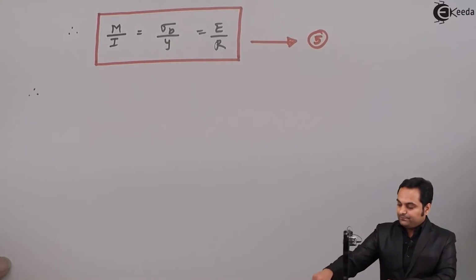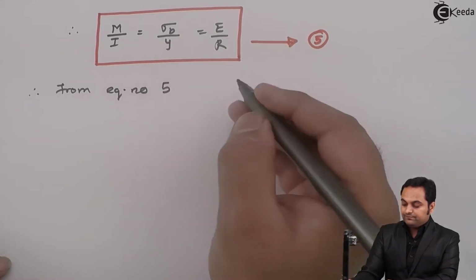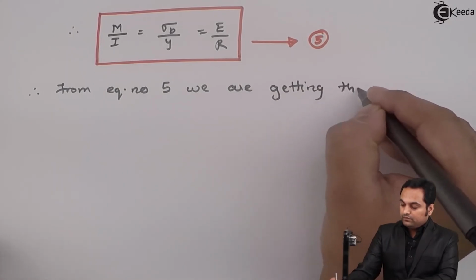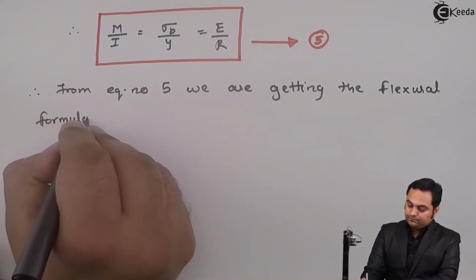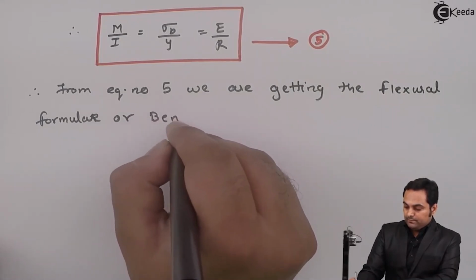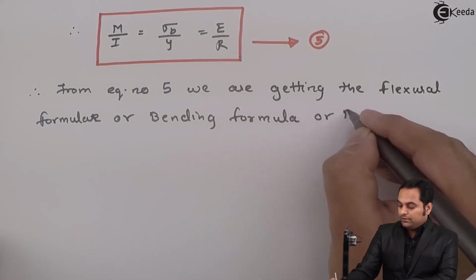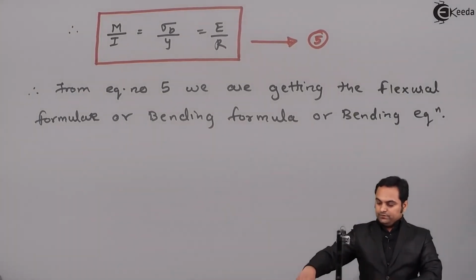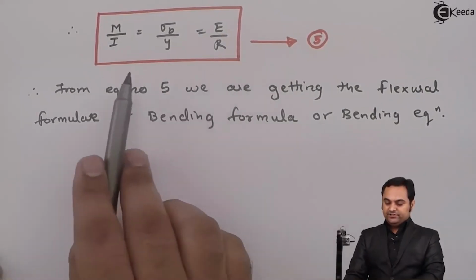So therefore from equation number 5 we are getting the flexural formula, or it is also called as bending formula or bending equation. So now here in equation 5 we are getting the bending formula, or it is also called as the flexural formula, and I'll define all the terms,